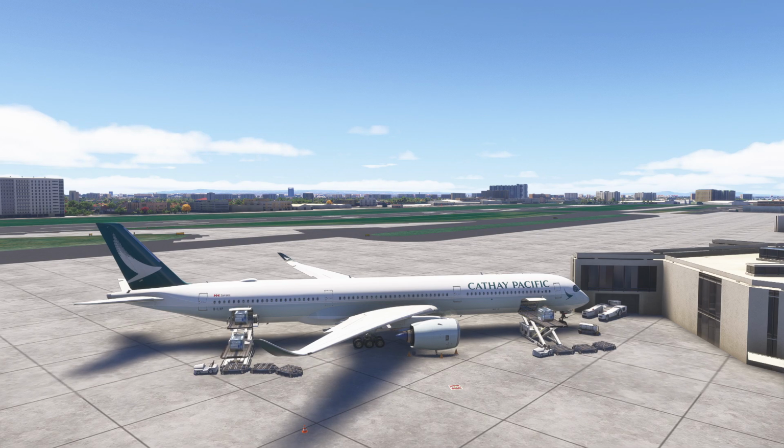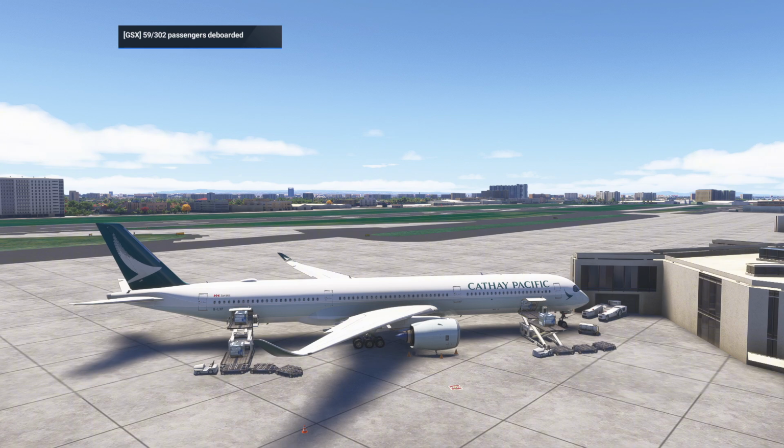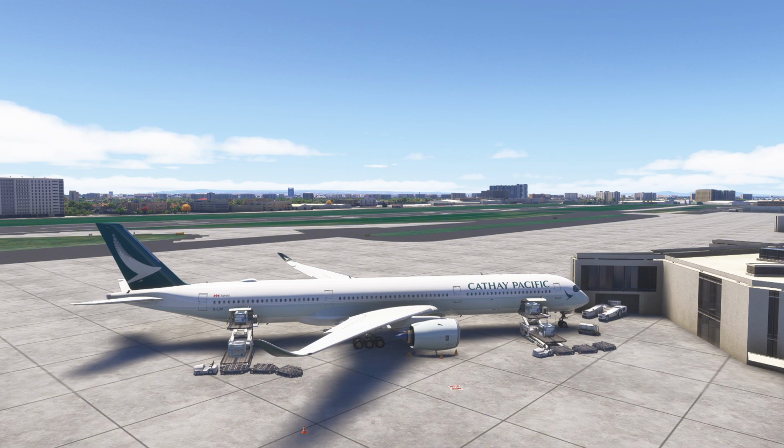And you saw now the system for the RNAV is the FLS now. This plane and the A380 both, they use only the FLS, so that is another nice thing. You saw how accurate it was. It was actually bringing us quite low through the runway, which is very, very good. You can follow it all the way in. Very nice, very accurate. So yeah, man, loving this plane. But like I said,